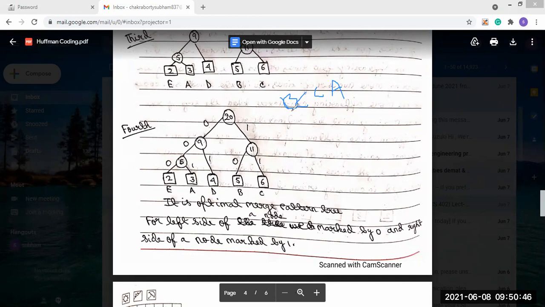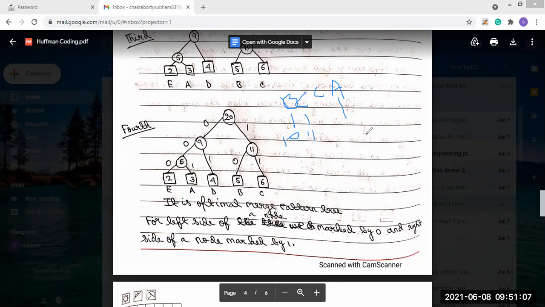So B, the receiver will see the tree. B is 10. What will be the C? C is 11. Then A is what? A is 001.